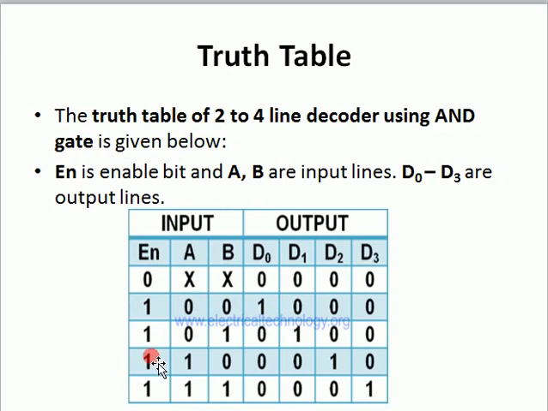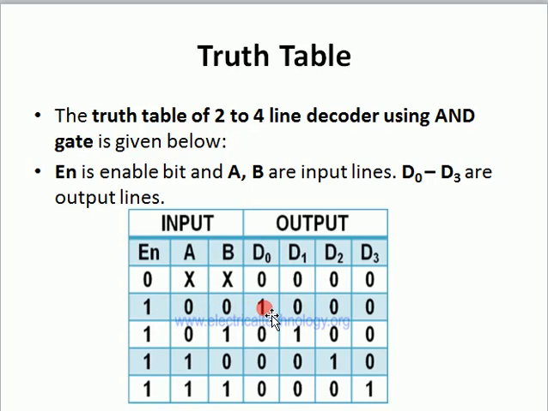Here the first one is the enable input, and after that we have the 2 inputs. First of all, let's suppose the enable input is 0 and there may be 0 or 1 at input A and 0 or 1 at input B. It means that if the enable input is 0, then we do not consider these inputs, because the output will be 0 if the enable input is 0. Even if there is 1 1, but the enable input is 0, then the output is 0.